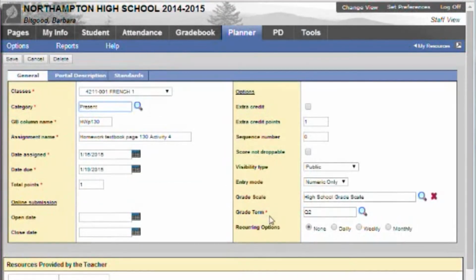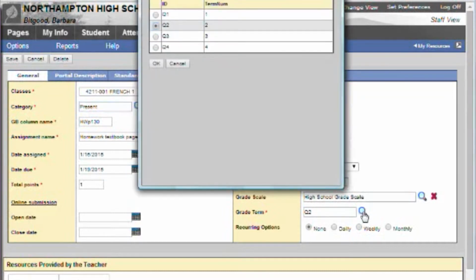Grade term. The only time you might want to choose this would be when you are between quarters 1 and 2 or 3 and 4. Let's say you're at the very end of quarter 1 and you have an assignment that technically the date falls in quarter 1, but you actually want it to be assigned to quarter 2. You could change this to force it to be a quarter 2 grade. So just select the term that you want